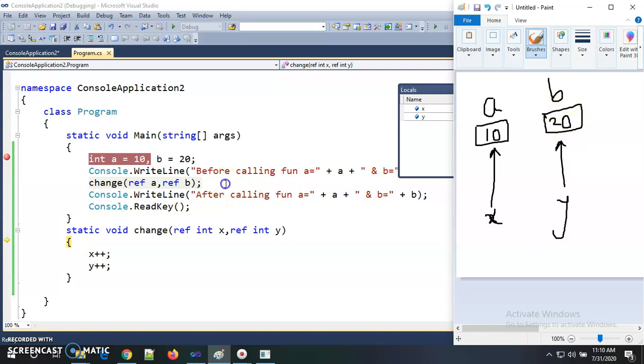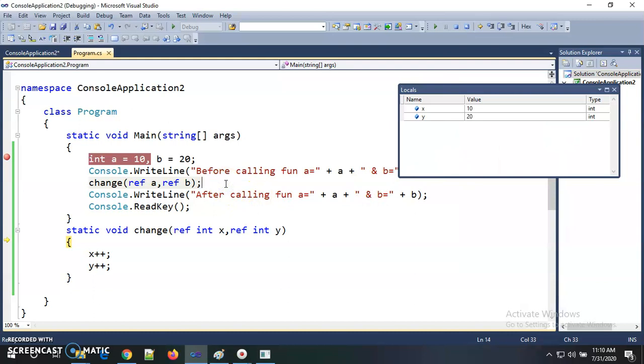So here we see what the effect is. If I go forward by pressing F11 again, I change the x value, so I get 11 in the locals window, then I change y to 21.